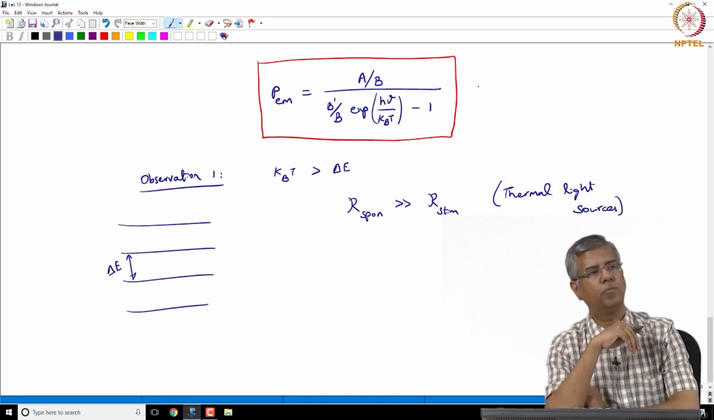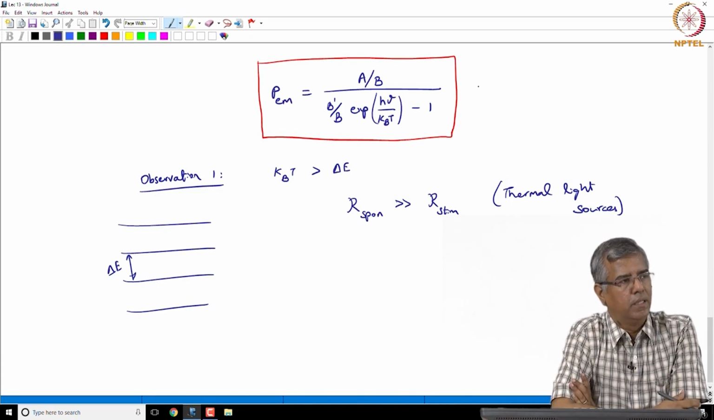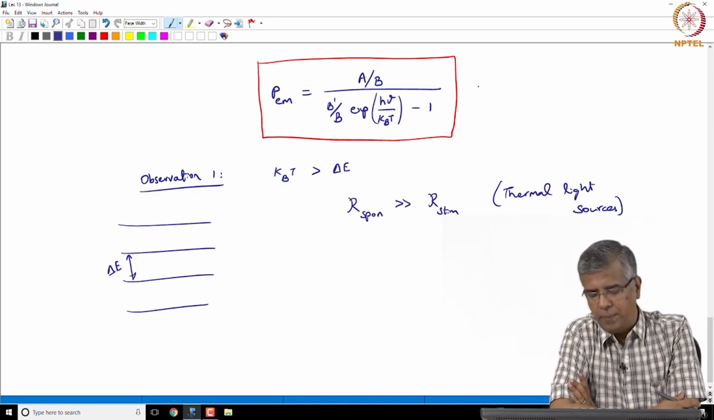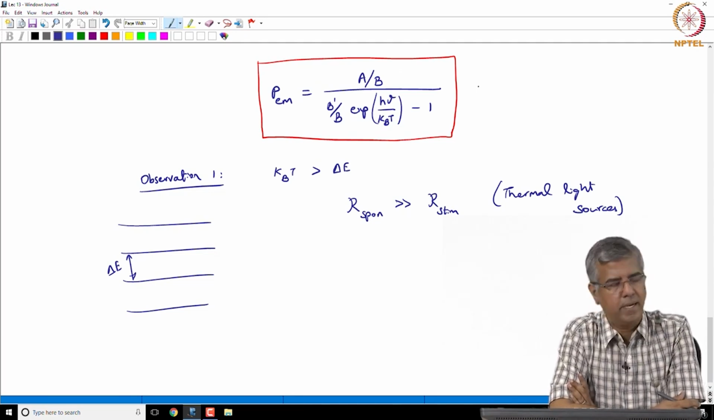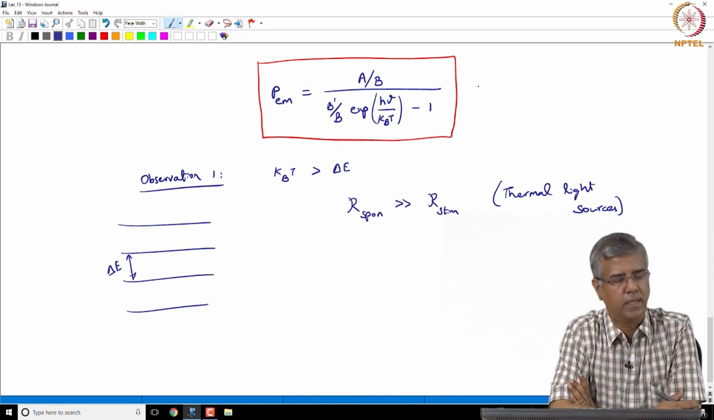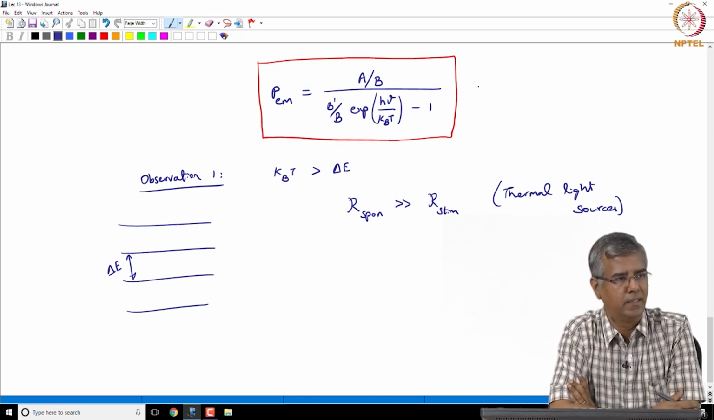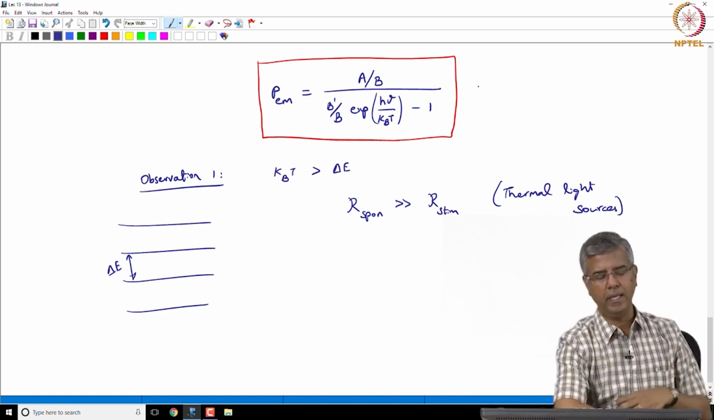But nevertheless, what we will find is that the spontaneous emission is more probable compared to stimulated emission, and this is the characteristic that we find with thermal light sources. Okay. So, what we were talking about at the end of last session was that this is the condition for incandescent light sources. So, you just heat up that material